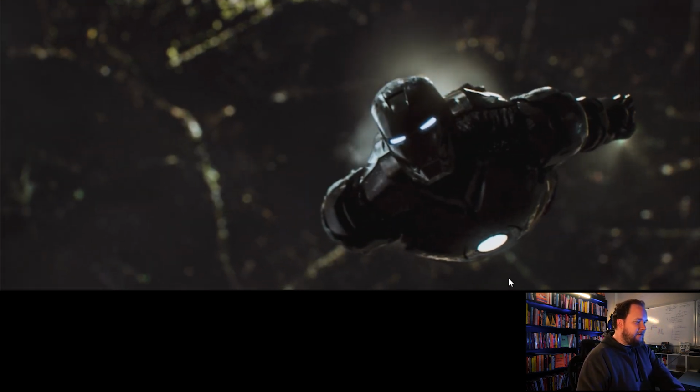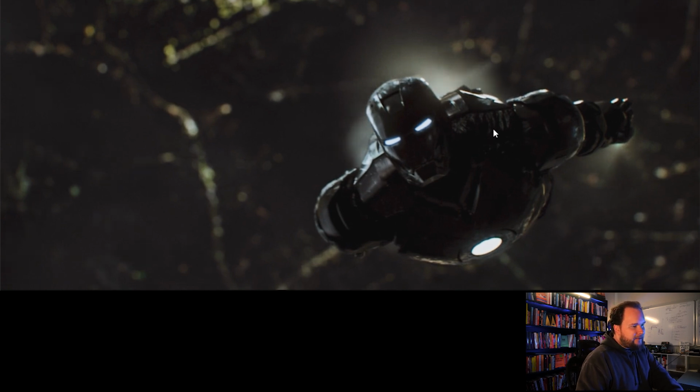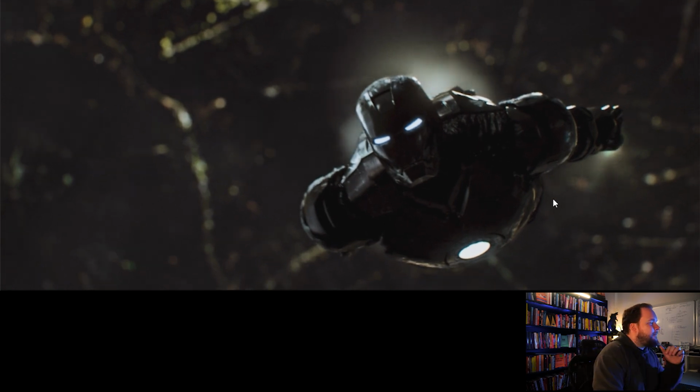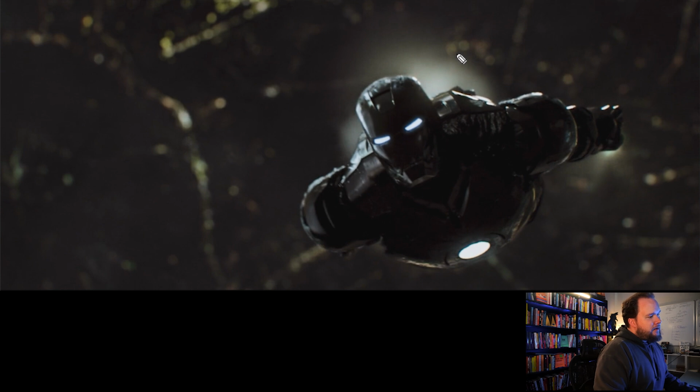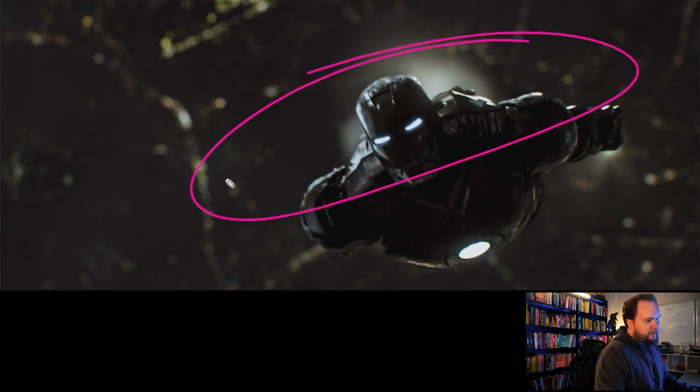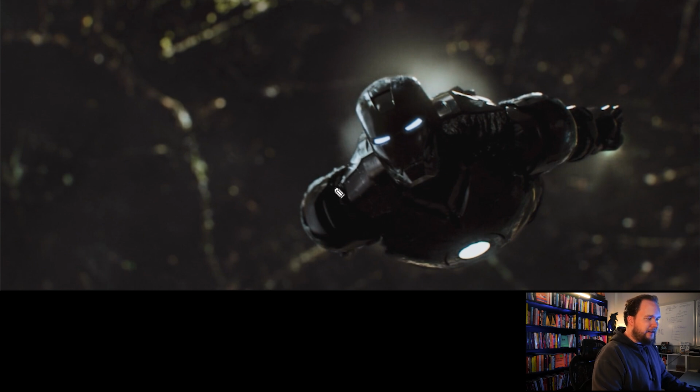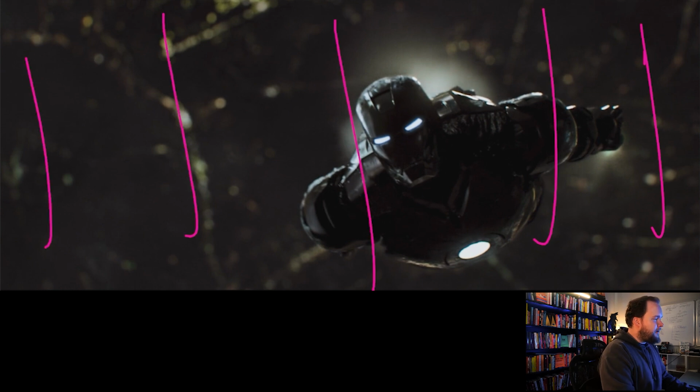So again, this is the same thing. There's not really any light. You might get some moonlight or something, but the way this is lit is pretty smart. You've got a light source here, and you've got light sources here, and that's important because you want to be able to identify his face, as well as his chest, which is obviously a very pivotal part of his whole origin story. The backlighting is kind of ridiculous, but he is chrome, I guess. But anyway, the lighting is very dark. All the lighting is from behind, because you would imagine the only light source, unless you count the moon, is all the lights on the ground in Santa Monica or Hollywood, wherever he is